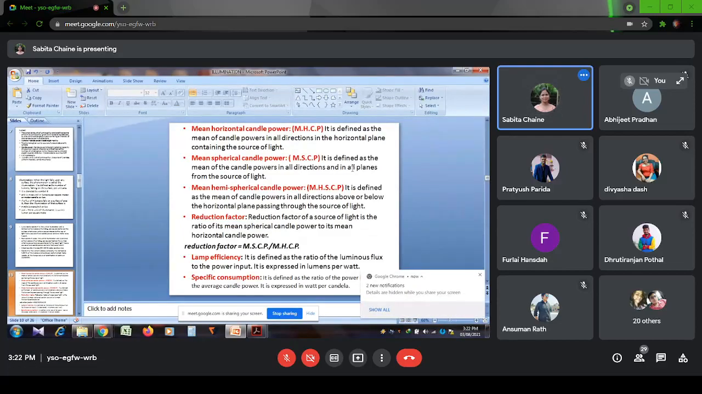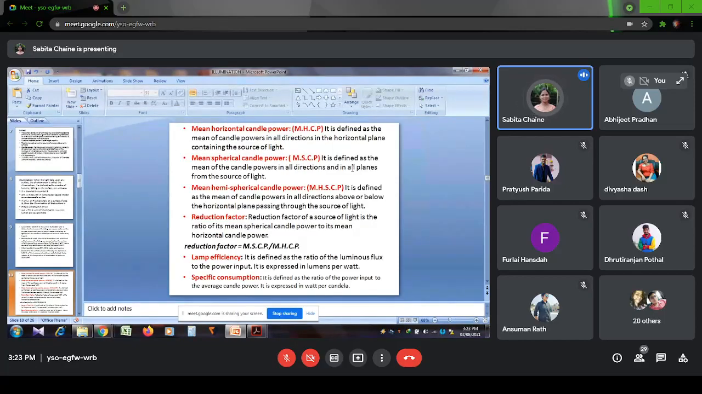All of you clear why we are studying this? The light from any light source going to the plane is known as the illumination. When the light is falling on the plane, we can say that is illumination. So whether the plane is horizontal or spherical, according to the different directions, we can calculate the candela power. According to that term, we are finding the mean horizontal candela power, mean spherical candela power, and similarly